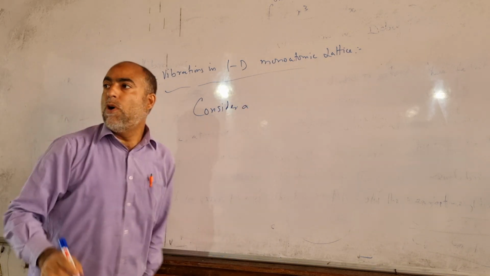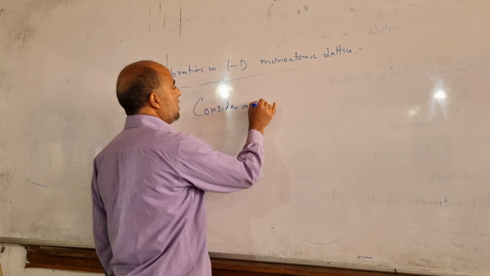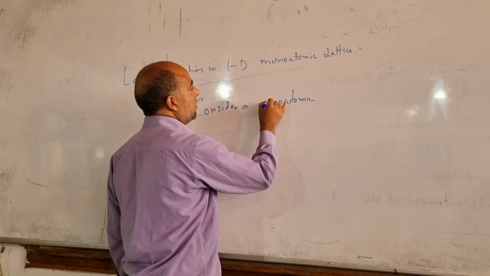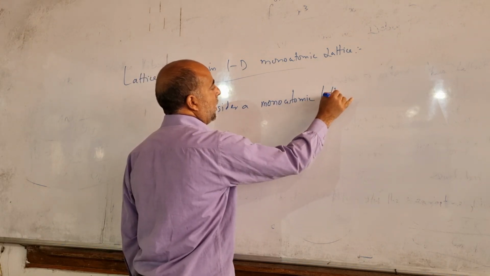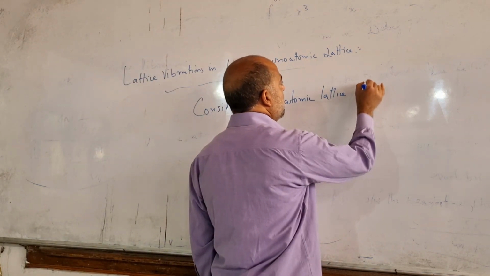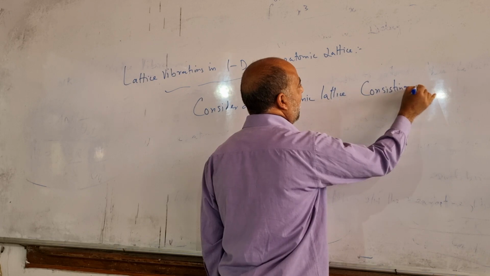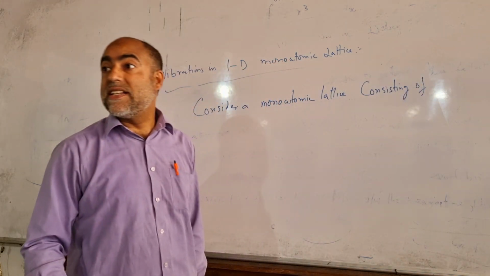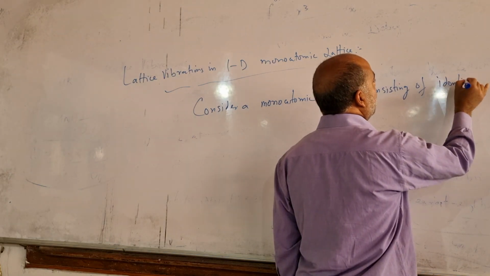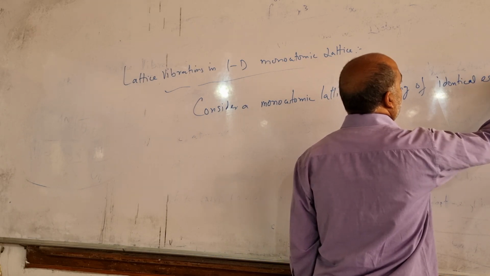Consider a monoatomic lattice consisting of identical equidistant atoms